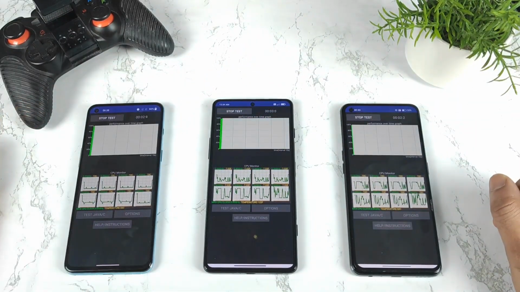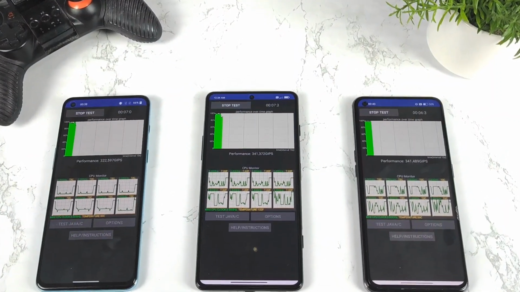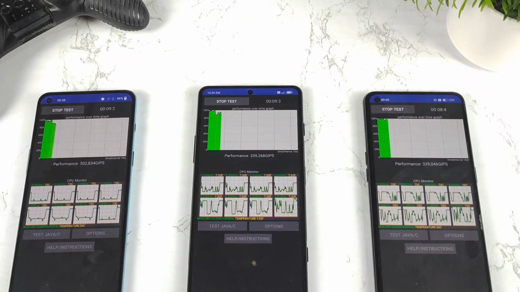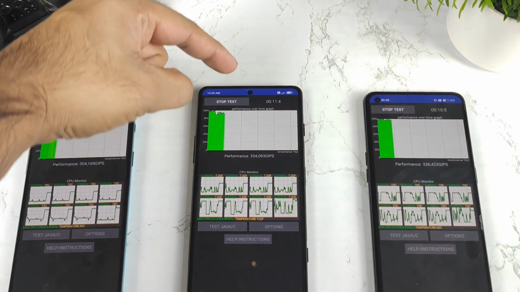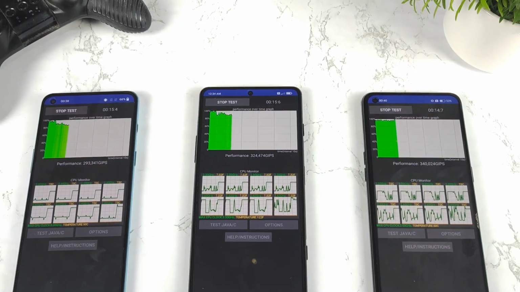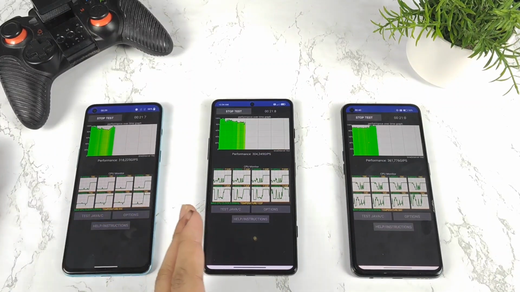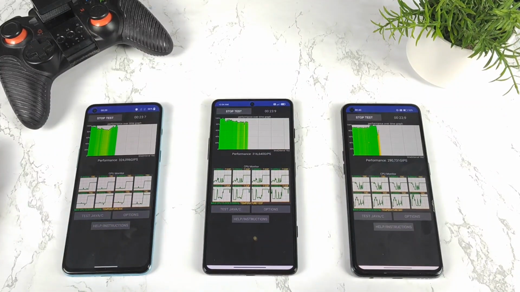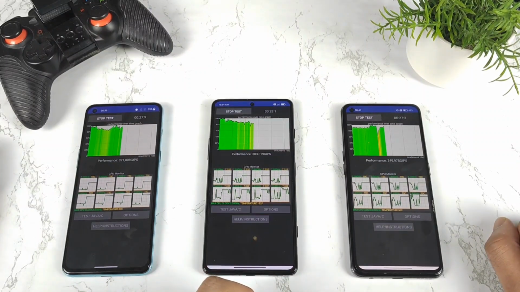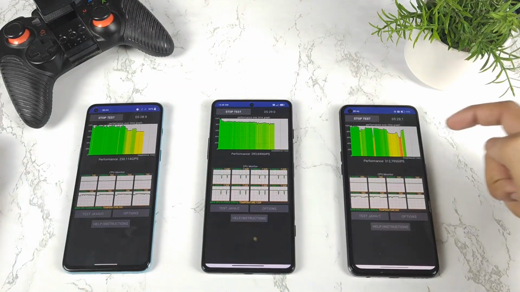The test has officially begun, and I'll cover the temperatures and what's happening between these phones again after some time. After about 5 or 10 minutes, I'll check the temperatures between these devices again. Then we'll understand slightly more detail about what's happening between these phones and how the graph is maintaining overall during this testing. These are the few things I'll concentrate on. Let me be back after 5 minutes.